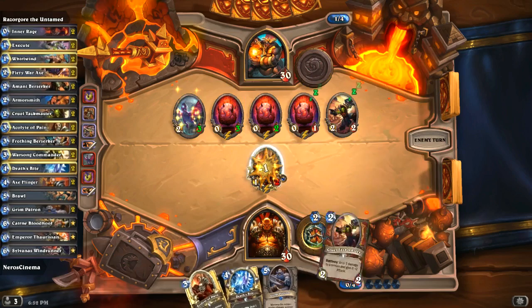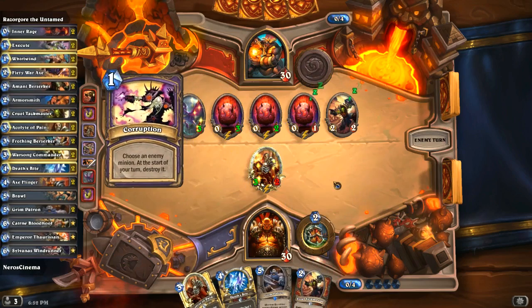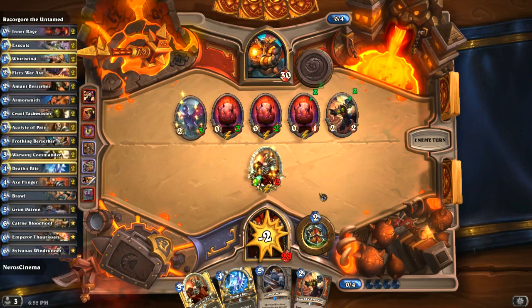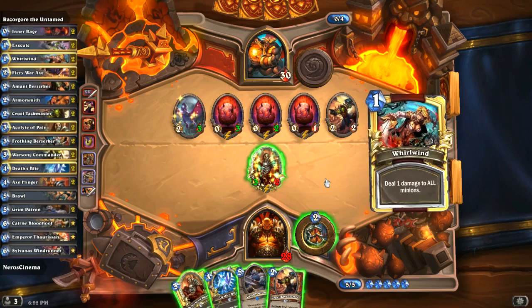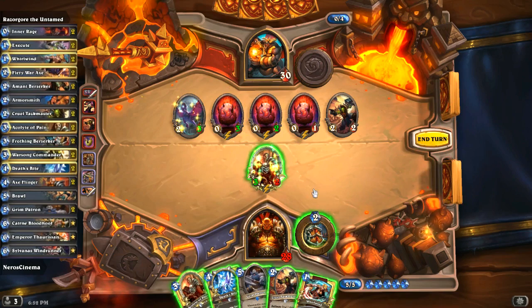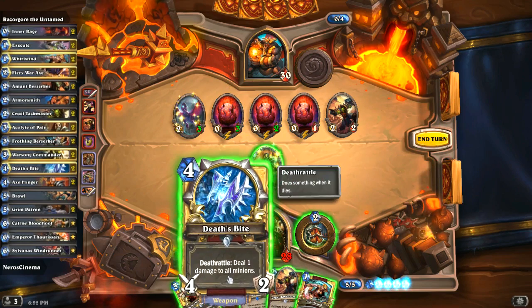Alright, you're gonna Cruel Taskmaster me. Thank you, I suppose. Corruption, you're gonna corrupt me as well? Okay, thank you. Thank you for all of this. Now you buffed him up to a 3-attack minion. I don't know why you did that, but thank you. Because now, I can...